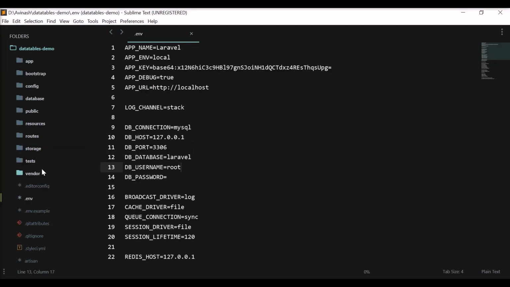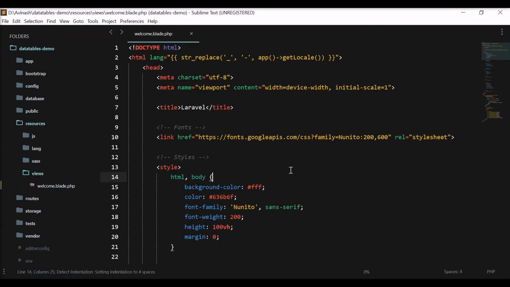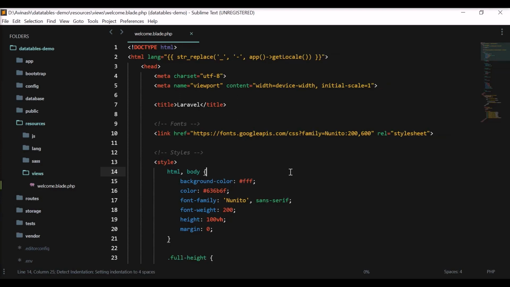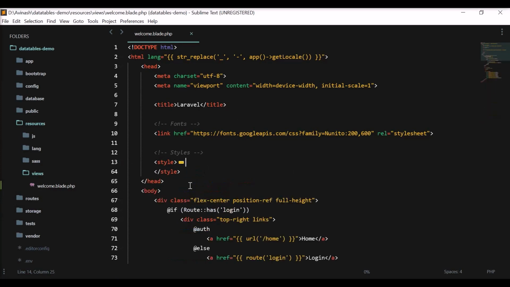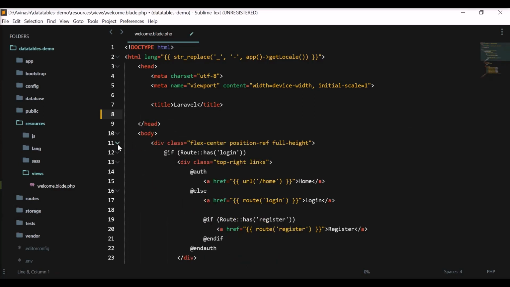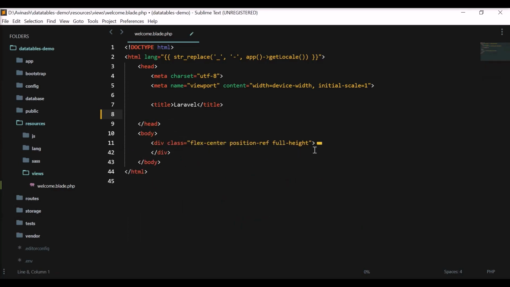So I'll go to resources, views, welcome.blade.php. This is the default file given by Laravel. I'm just going to delete everything here. Also here, I'll just delete this. I'll just keep the class of container and we'll use bootstrap here.